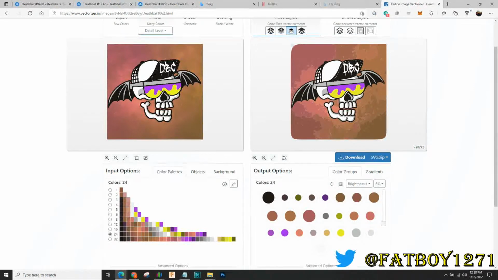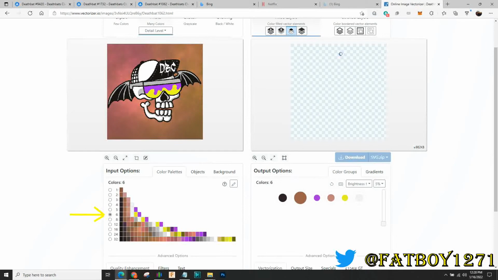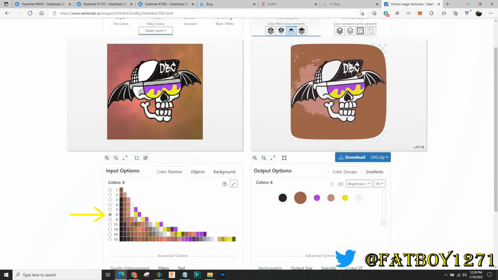So we might even be able to choose as long as we have black, gray, white, yellow, and purple. 6 colors here. Let's see if that has enough: black, white, yellow. We're missing gray in this one. Yeah, see, so there you can see all the gray left in that one. So if I go to 8 colors right here,